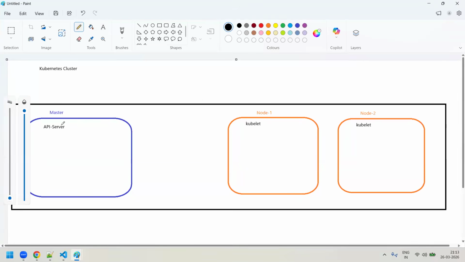It will try to contact node 1, and it will try to contact the kubelet to know whether the resources are available within that node. Yeah, it says, okay, the resources are available, right? Then what happened? This kubelet will try to communicate with your